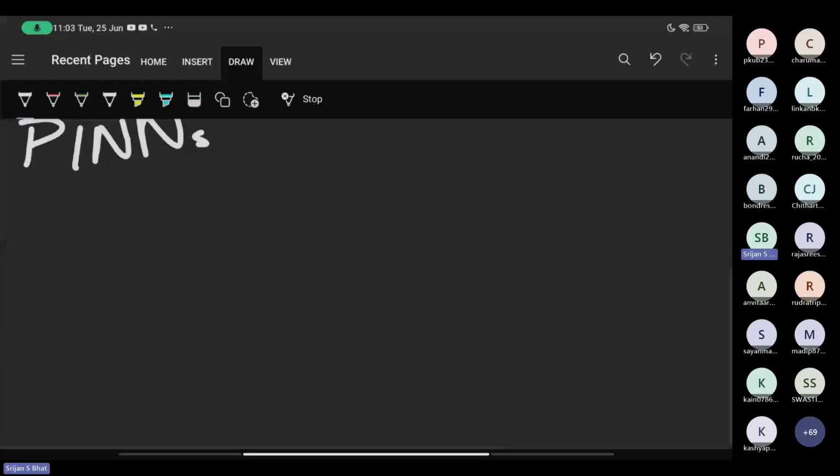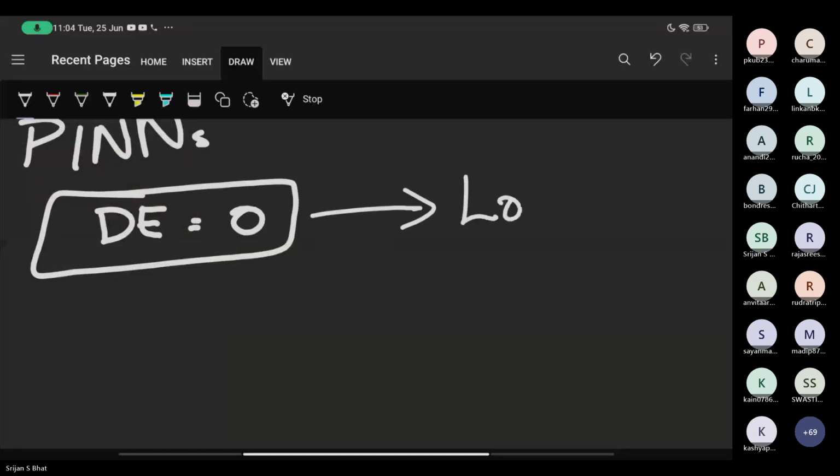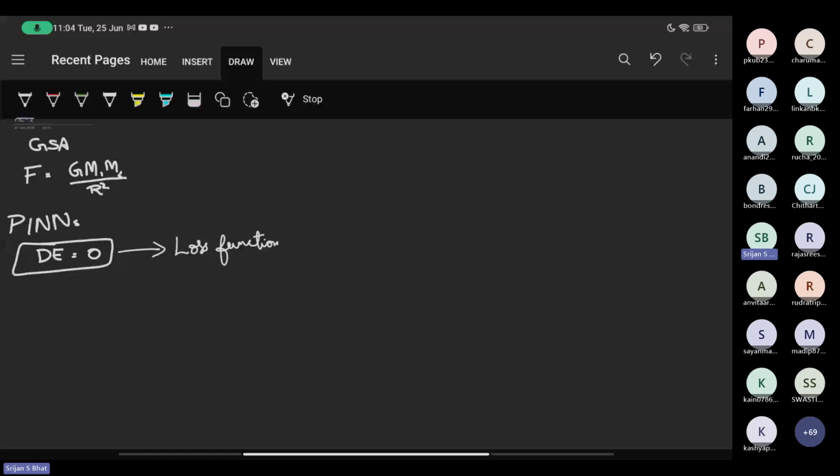If you have a differential equation equal to zero, you add this particular term to your loss function. So this was about the last class.